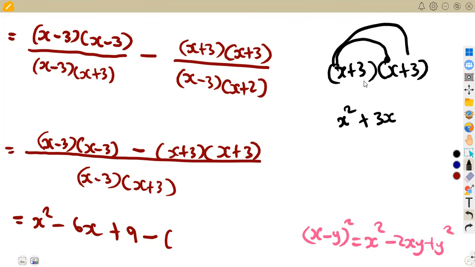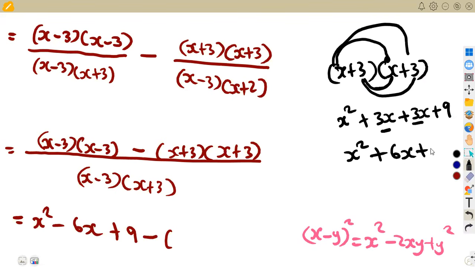Then we move on to this one, 3 and x, which is 3x. Then last, which is what? Which is a 9. 3 times 3, which is a 9. So you're going to have x squared, 3x plus 3x, which is 6x, plus 9. All right. So if you consider this FOIL, the FOIL method, we're going to work with first,